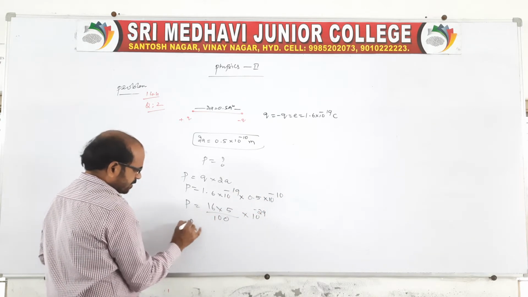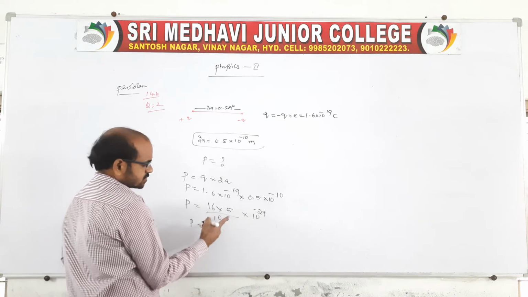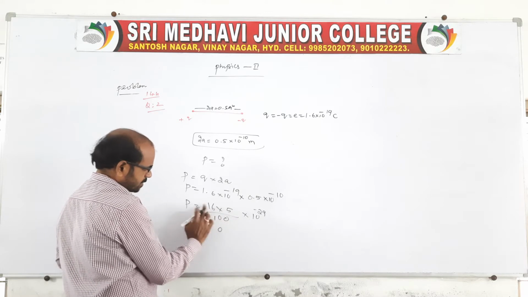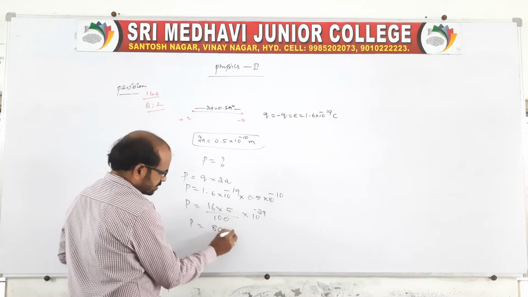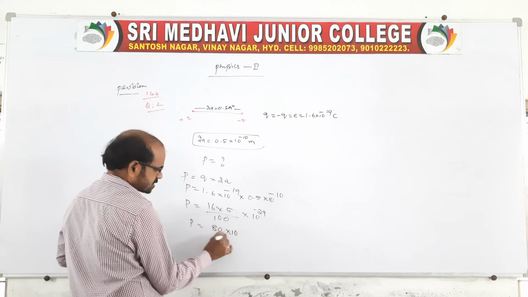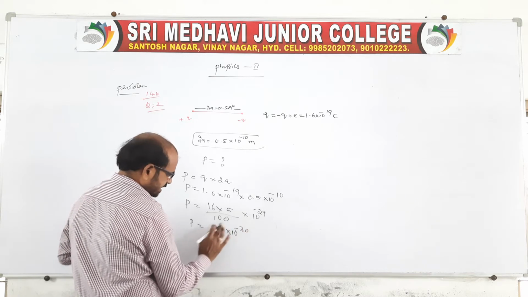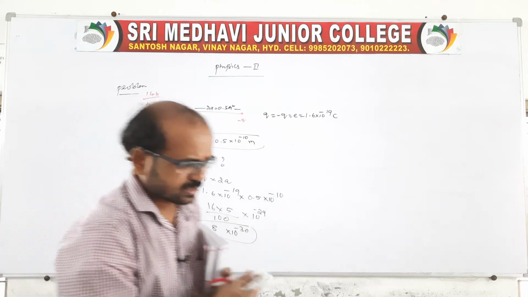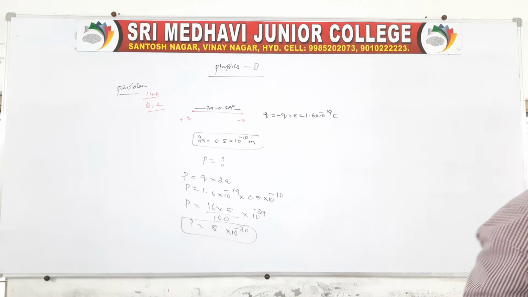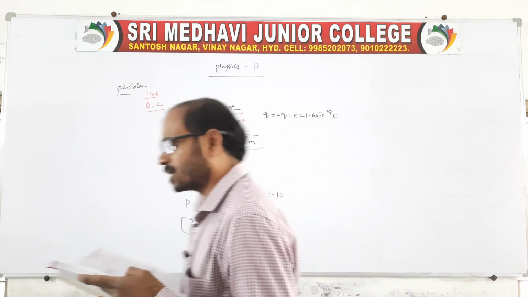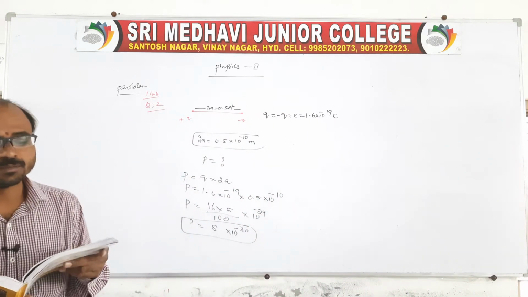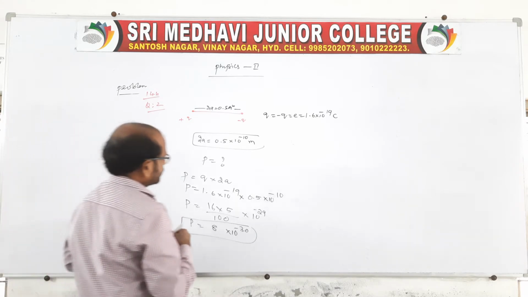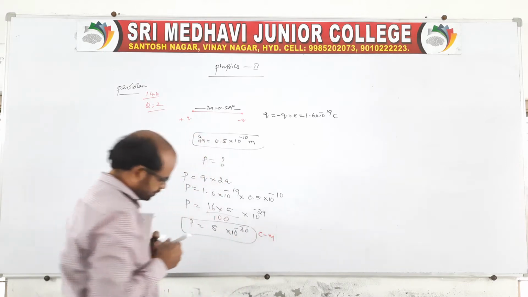So it becomes minus 29. Now with this 100 also, take 16 fives: 6 fives are 30, and 5 ones are 5, so it is 80 into 10 power minus 29, or cancelling a 0, 8 into 10 power minus 30. Directly, the dipole moment of the system will be 8 into 10 power minus 30. It is in coulomb meter, because dipole moment is in coulomb meter.